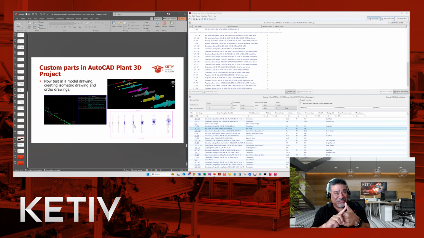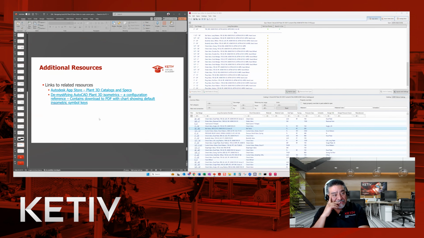So we went through parametrics, which is the easier one if you can go that route. But if you have some customized components that you want to look like the vendors', then you can go through this process here. It takes a little bit more time, but just think about it this way: once you get it created and you're good to go, then you don't have to worry about it. So those are the two options on creating. I was mentioning the other option of